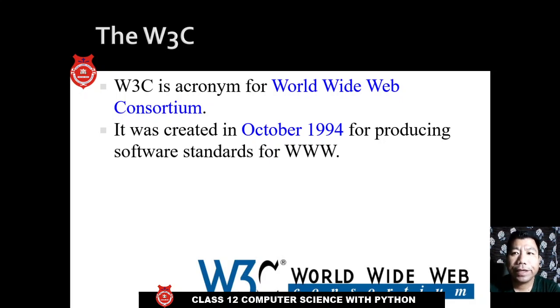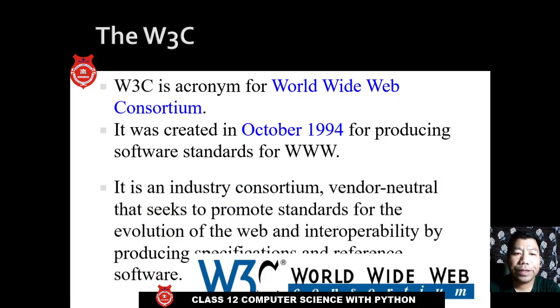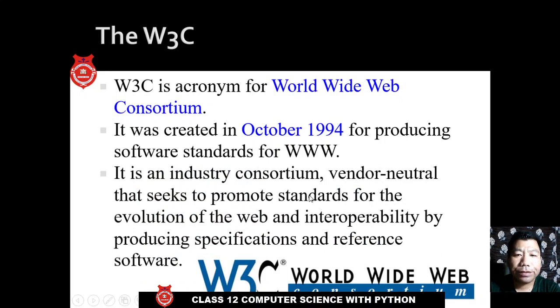W3C defines how the internet should behave, and the different software to be used on the internet. So this is the World Wide Web Consortium. It is an industry consortium, vendor neutral, that seeks to promote standards for the evolution of the web and interoperability by producing specifications and reference software.